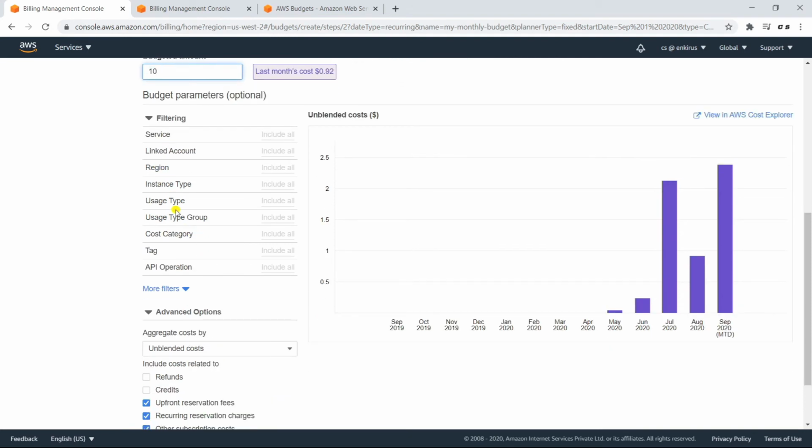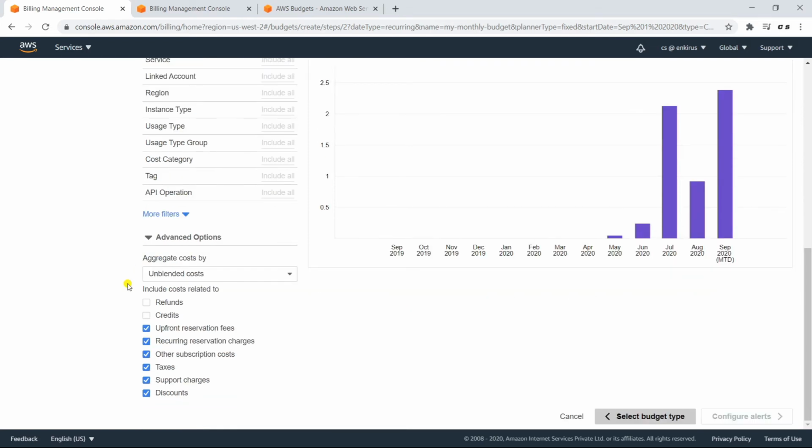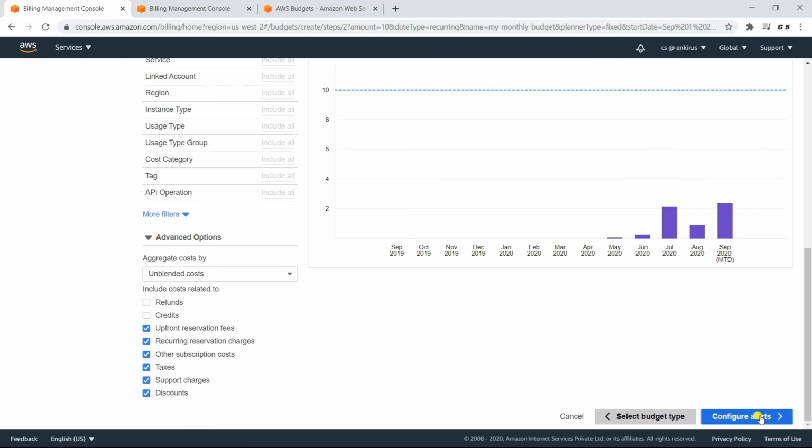You can filter on your particular tags, like if you have dev, prod, QA, you can use those tags to filter and see how many resources those accounts are using. Now refunds and credits are basically like if AWS is not able to provide 99.99 percent availability, it provides you some credits under the SLA agreement. Now we'll create the budget here.